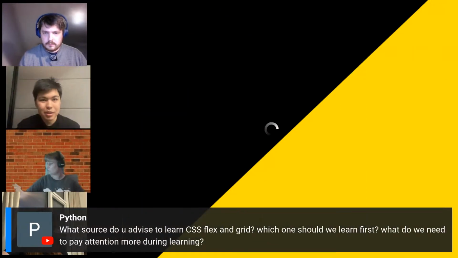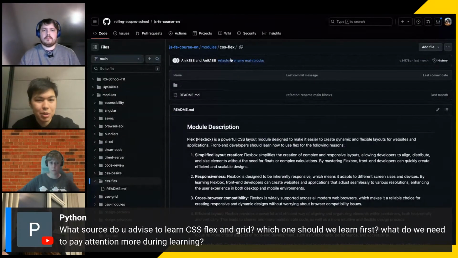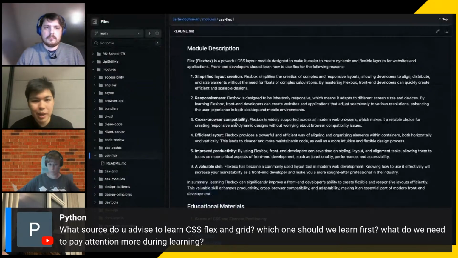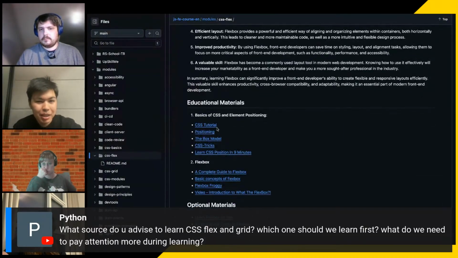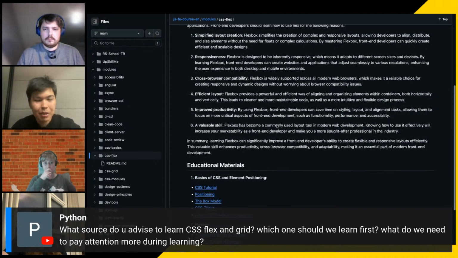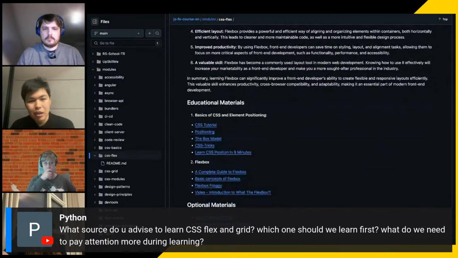So here you have education materials in GitHub about CSS Flexbox. Here you can learn why you need this Flexbox and what for, and below you can find educational materials. And I would say you can go to every education material here, and there is no way to learn it properly in one day. I think as an experienced front-end developer, every time you're going to learn something new, there are some details. So it's better to understand how it works and start to make the project, and or maybe